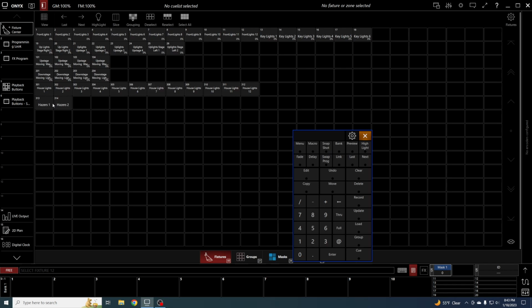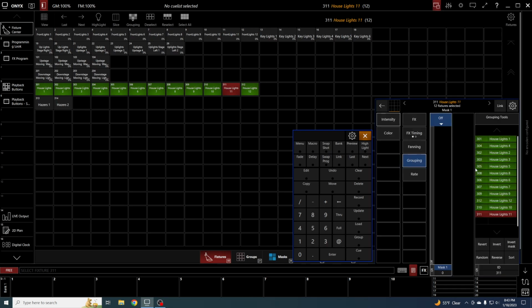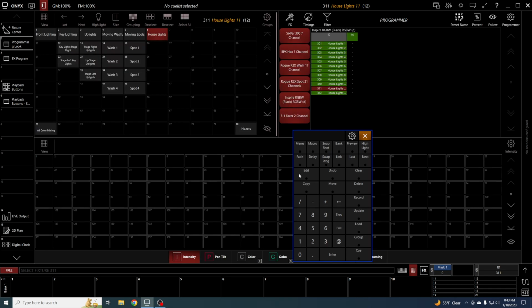So, but let's say I wanted to do a weird selection. Let's select, I don't know, the house lights in a weird selection. Let's go 1, 4, 2, 3, 5, 8, 7, 6, 9. I botched that. So let's go again. Okay, because that's like how the house lights are laid out, or how I want an effect to run. If I go look at the selection, you can see it's all over the place. I'm going to go save that as a group. Let's call that